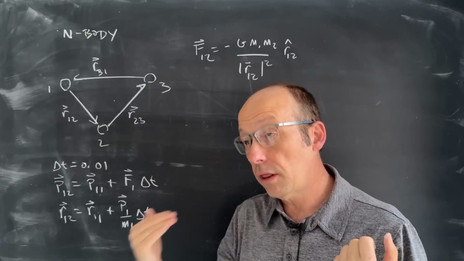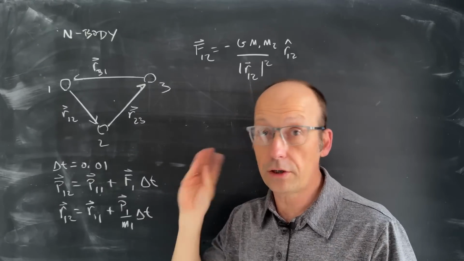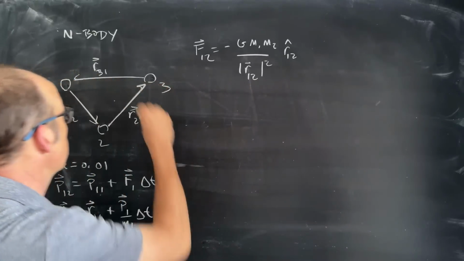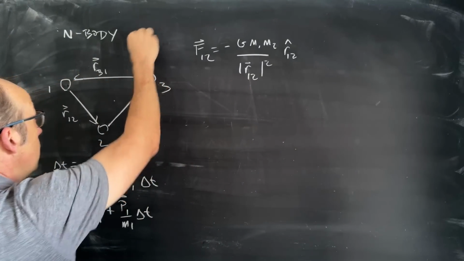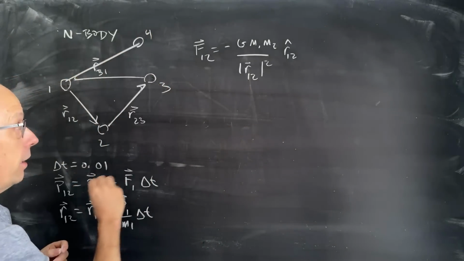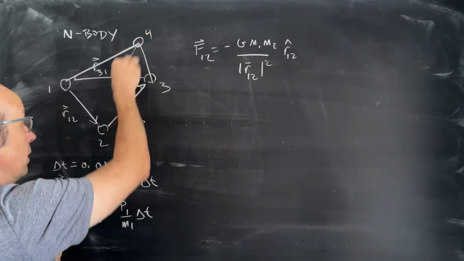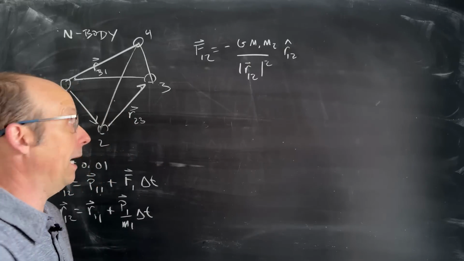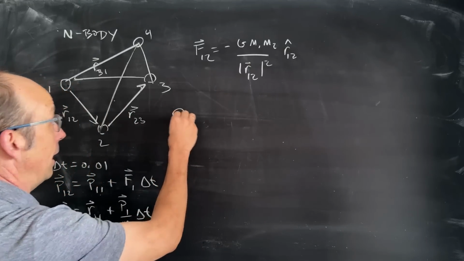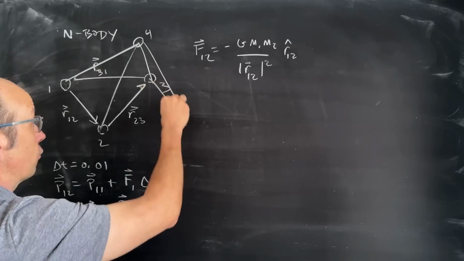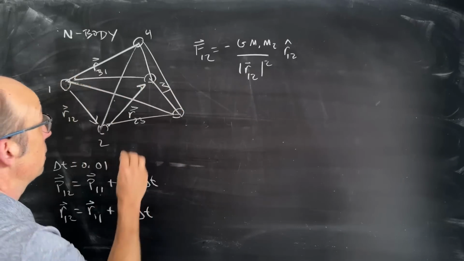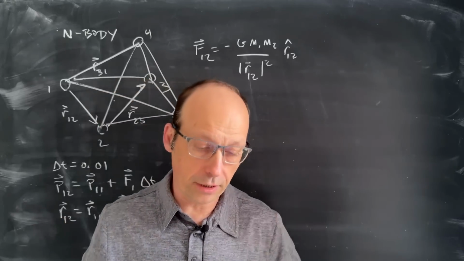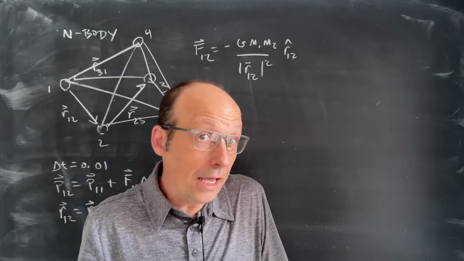Now the problem is, if I wanted to do 4 masses, let's just add a 4th mass in here. Then I have to calculate this interaction, this interaction, this interaction. So I actually have 3 more interactions by adding that 1 mass in there. If I have a 5th mass, you can see that things start getting out of control, right? I'll probably even miss some. Yeah, I think I got them all. I'm going to have to calculate all those interactions. Things can get out of hand very quickly